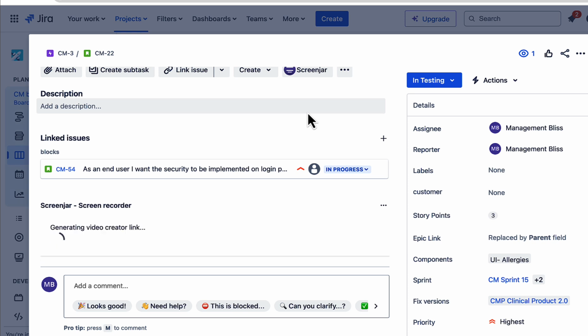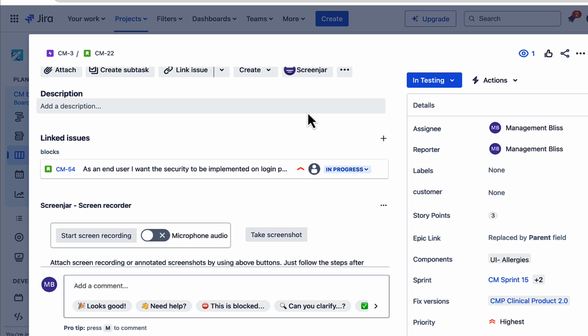As soon as I clicked it, a video link started generating for us. Now I have an option to start the screen recording, or I can take a screenshot as well. I'm enabling the microphone audio over here. Okay, let's just start the recording.